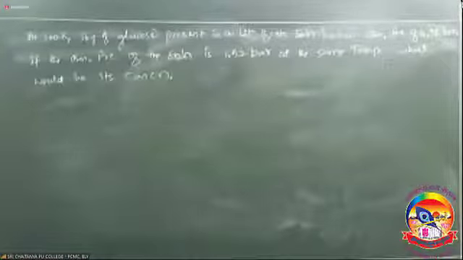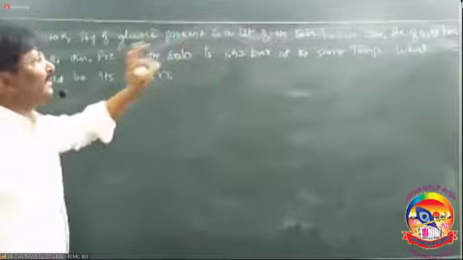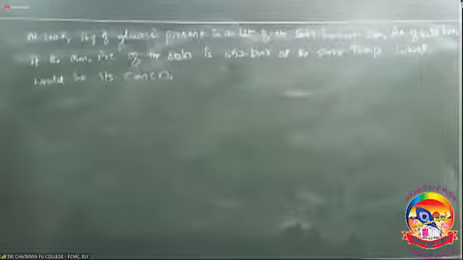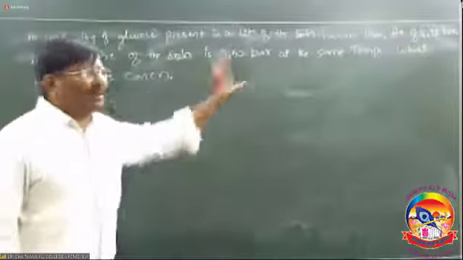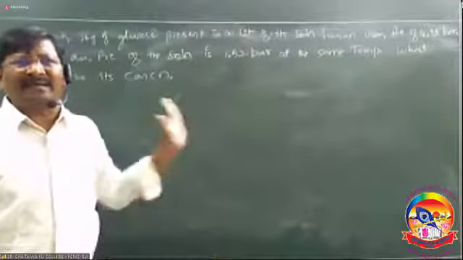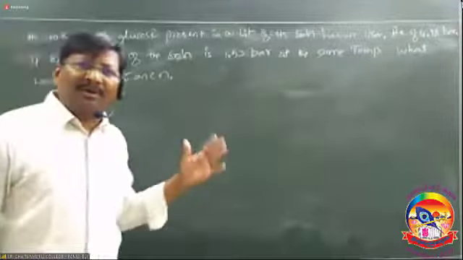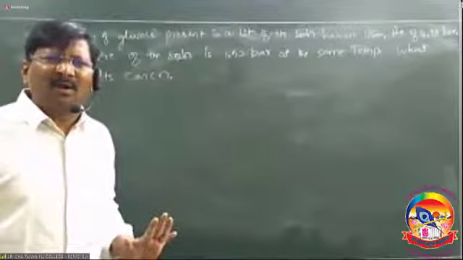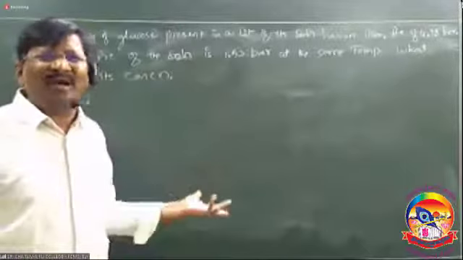Please remember here: glucose, its mass is given, present in 1 liter, and it is exerting a pressure of 4.98 bar. Then another solution is taken, unknown, but its osmotic pressure is found as 1.52. What is the concentration? So here it is a comparison of osmotic pressure and concentration. What about all the remaining, sir? All are constant. They do not involve in the problem.